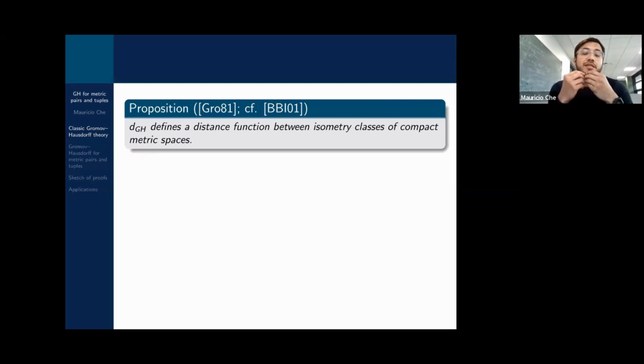of compact metric spaces. And this is because this is well defined for compact spaces, but not really for non-compact spaces, because if we have an unbounded metric space and a bounded metric space, then the distance will be infinite. So we consider for now only compact spaces. And it is defined on isometry classes because it has the triangle inequality, it is symmetric, it is non-negative, and it is 0 if and only if the two spaces are isometric. So once we identify isometric spaces, we get a proper, an honest distance function.